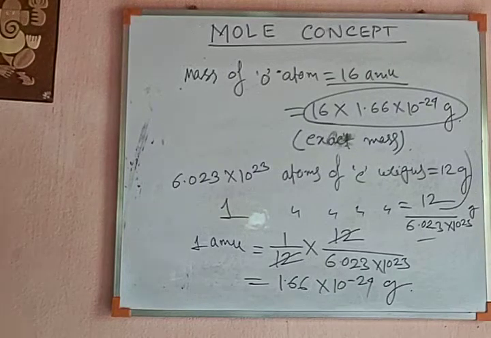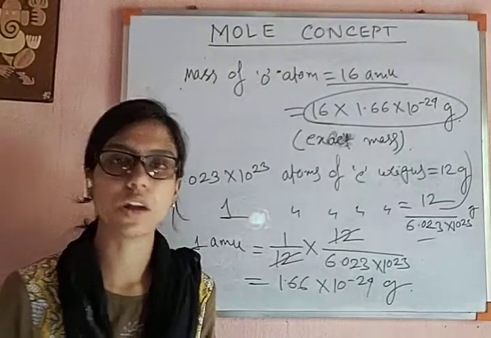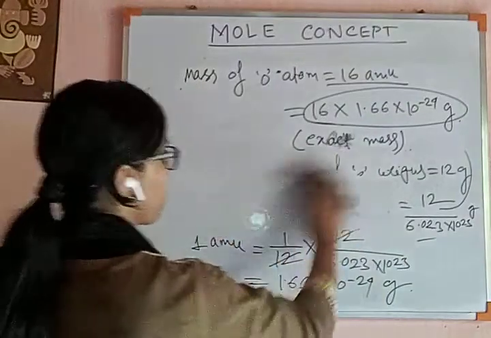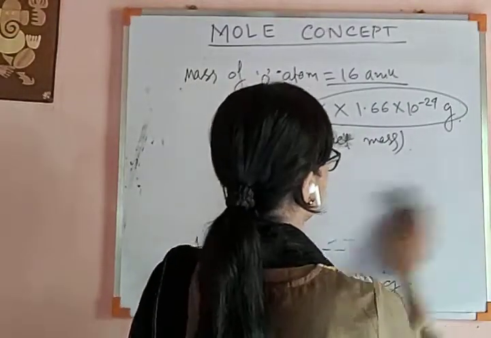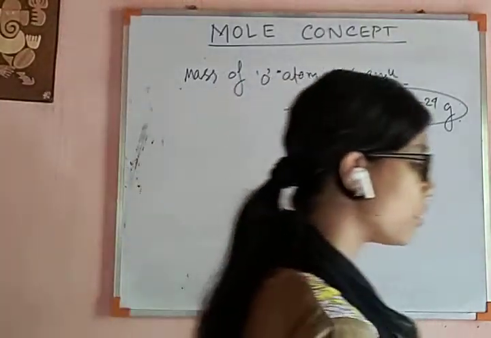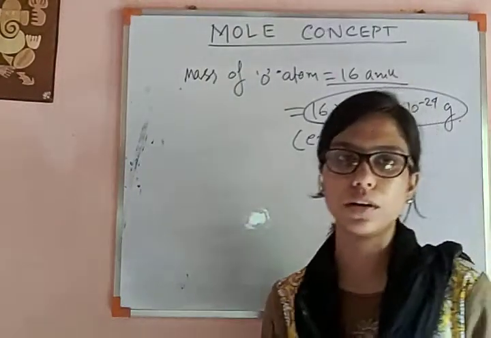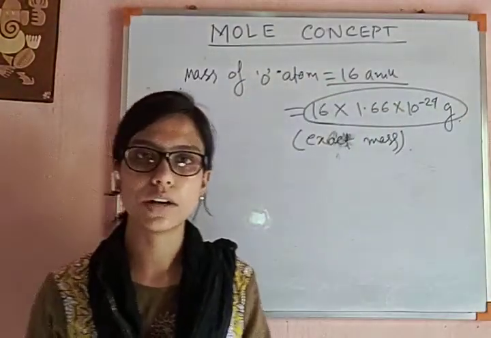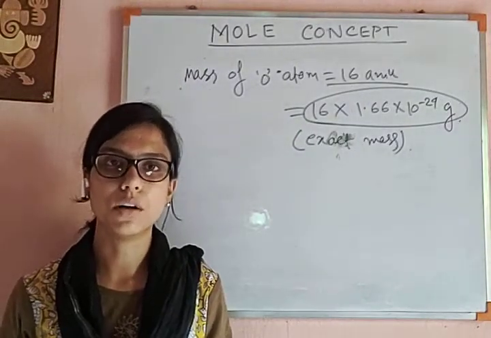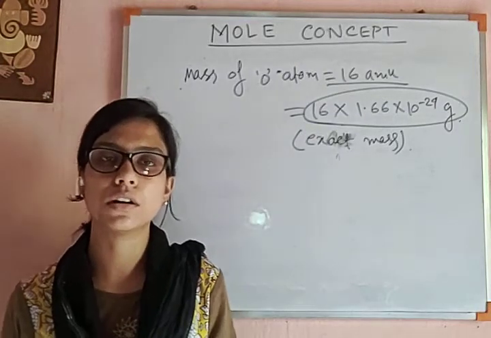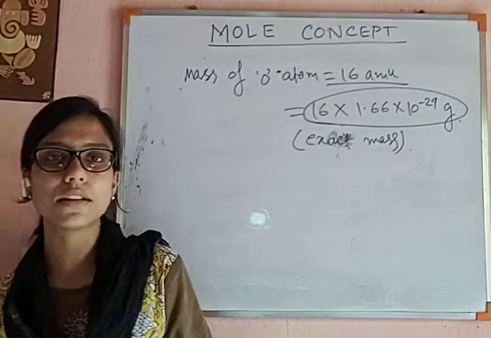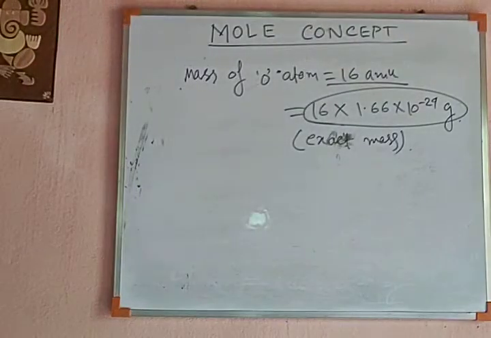So the next is, like atomic mass unit, formula unit mass. Formula unit mass we can calculate just like we calculate molecular mass. We sum up the atomic weights of each and every atom that is present in a substance, and we calculate the molecular mass. That is the summation of the atomic mass of every atom that is present in a molecular substance. That is molecular mass, and that thing is same for formula unit mass.